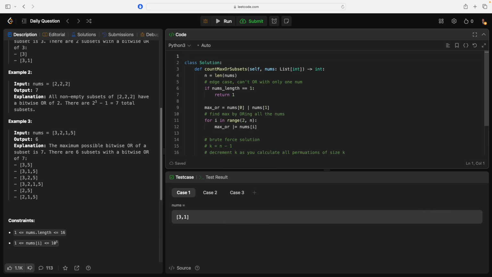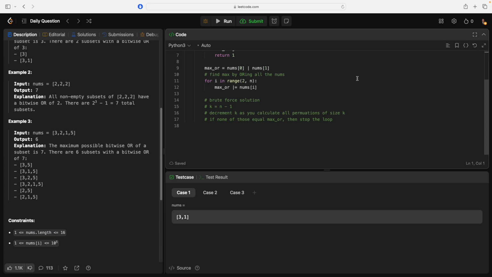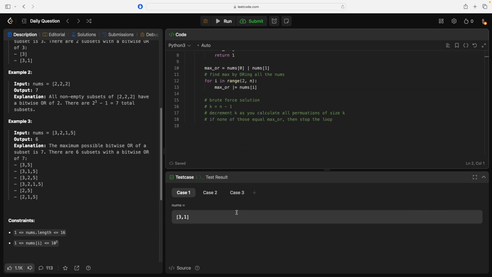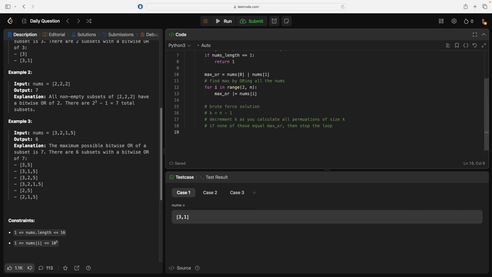That's crazy. Okay. Brute force solution. So this would probably take too long. But we can import itertools. Yep. Just double check. Okay. So what we could do is we could say